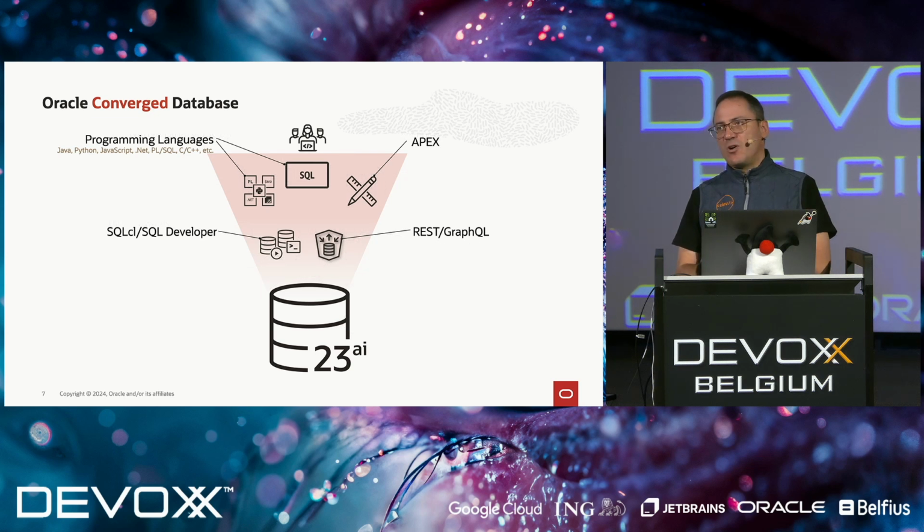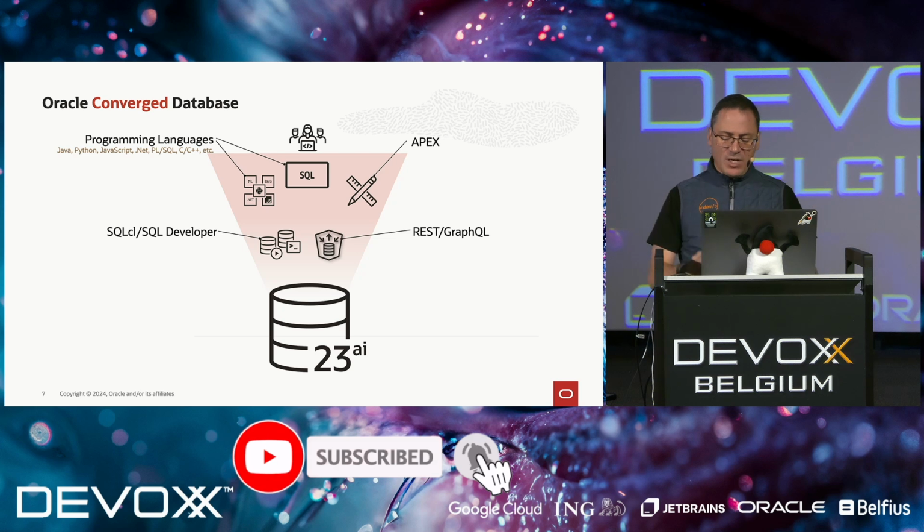Additionally, in the case of Oracle, we supply other technologies, other projects on top of the database that are accessible to you for free. Some of them are open source as well. For example, there's Apex, a low-code option that allows you to create applications very quickly with just drag and drop and a little bit of pieces of code. SQLcl, a command line tool. There's SQL Developer that runs standalone or as an extension on VS Code.